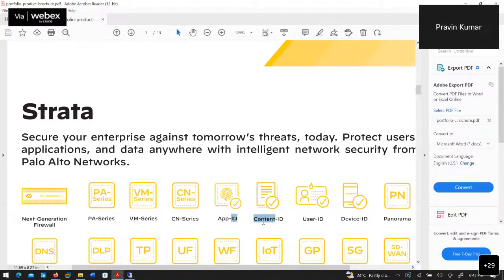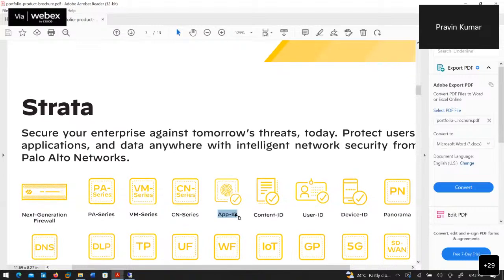Then these things are related to the features: what is App-ID, what is Content-ID, what is User-ID, what is Device-ID, and Panorama. These are the features inside the firewall. Now App-ID is basically, for example, if there is traffic in the firewall going on HTTP port 80 and 443. So this can be any traffic, unless there is an underlying,